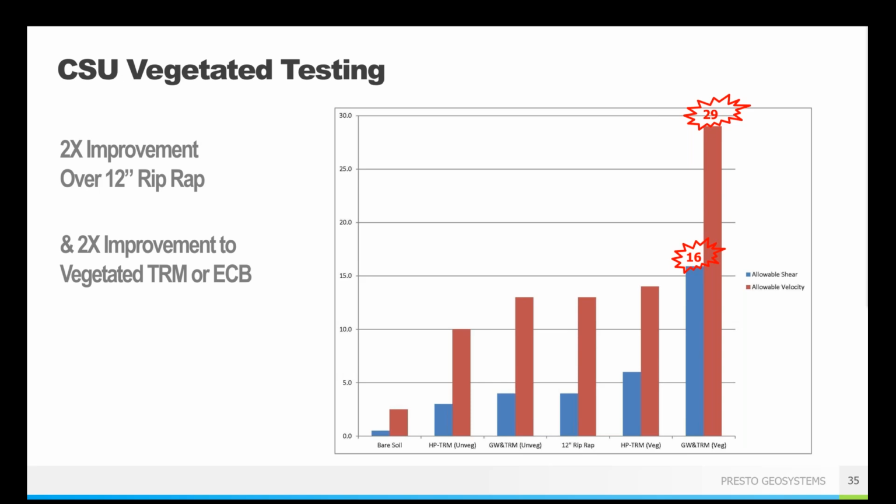The GeoWeb panels confine all of that soil so it doesn't get saturated and just wash downstream. And that's typically how blankets fail when they're by themselves, is that the soil underneath the blanket becomes saturated and starts to move. So even though an erosion control blanket or a turf reinforcement mat might protect the surface from water flow, once the soil underneath it gets saturated, you still have the potential for washout failure. Not going to happen with the GeoWeb system.